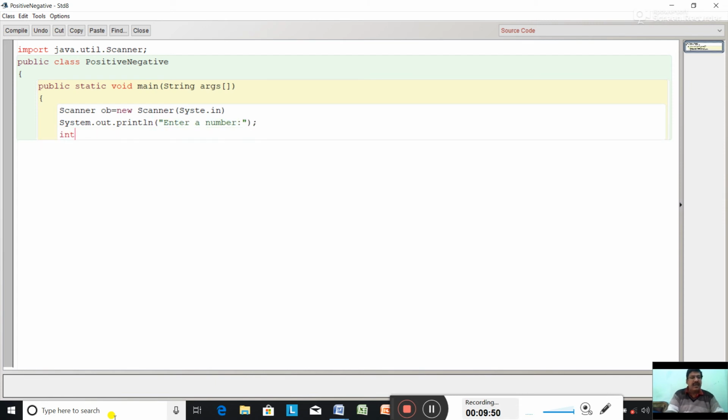Int n equal to ob.nextInt. Now check if n greater than 0, then print System.out.println that n is a positive number.